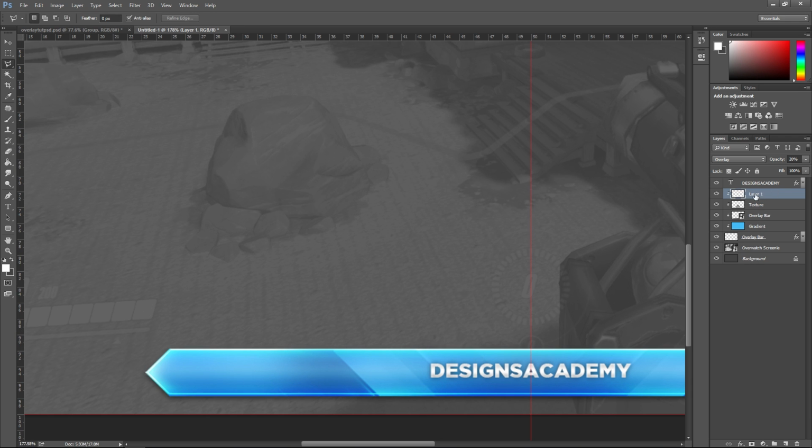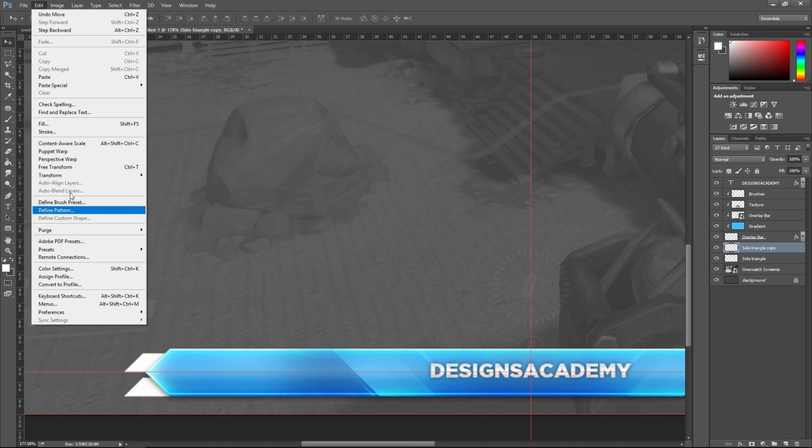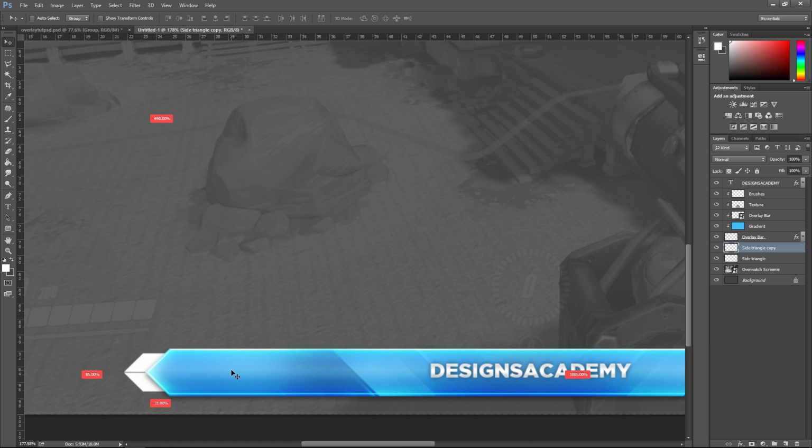So I'm going to go back to what I did. Actually, I'm going to name this brushes. I'm going to go back earlier, make a little layer underneath the overlay bar, call this side triangle, and I'm going to just come down. I'm going to bring a guideline here to the middle so I don't mess this up. Bring it out a little bit, come down on that 45-degree angle here, cut that off, and I'm going to duplicate it down holding Alt, edit, transform, flip vertical,